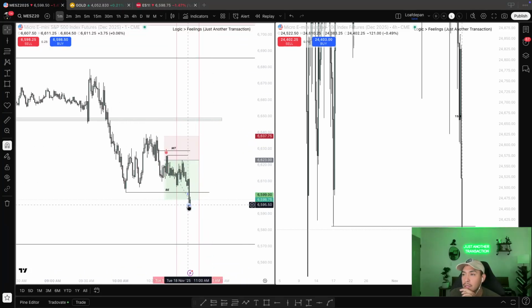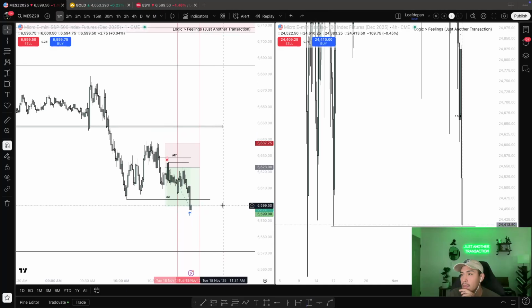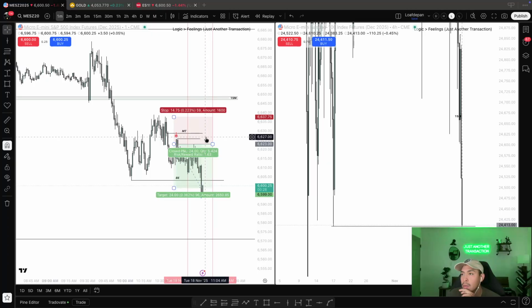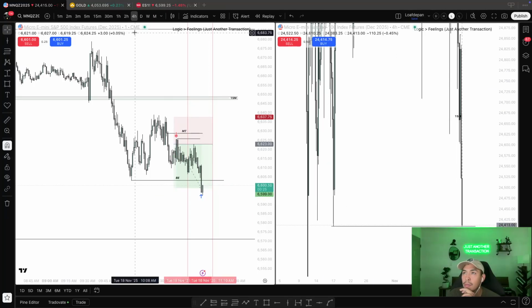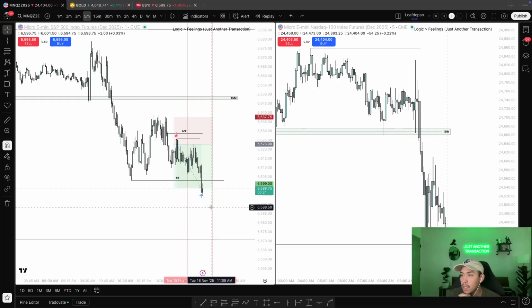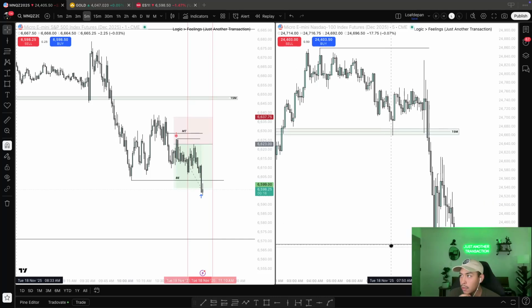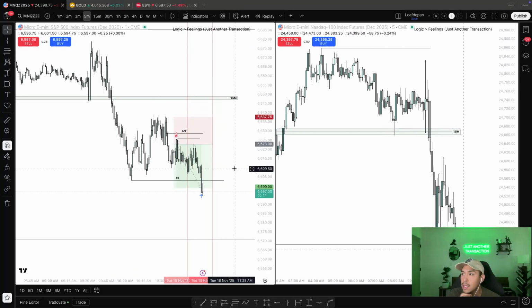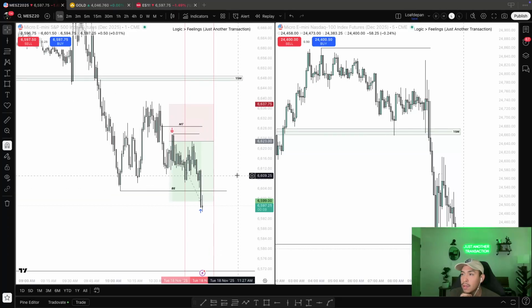So I'd rather not risk trying to get a few extra points to the 1 to 2, which would have been only like a couple handles on ES. Yeah, 5 handles or so, maybe a little bit more, but it's not worth risking your overall position just to try to catch a little bit more. Be content with what you get. So that's the reason why I took it off. Again, it can be SMT with this low and this low being taken, and we can start heading higher because NQ also has these relative highs. And yeah, I'd rather just not risk it.